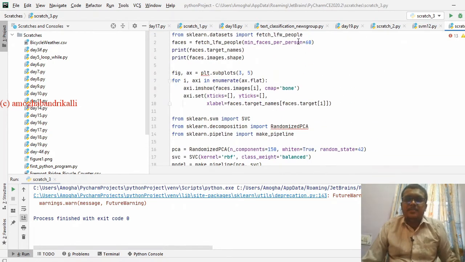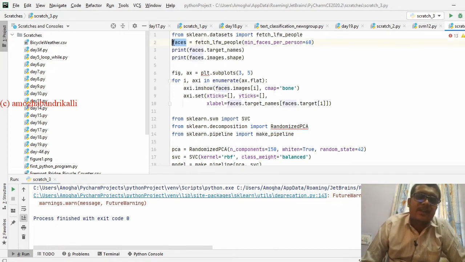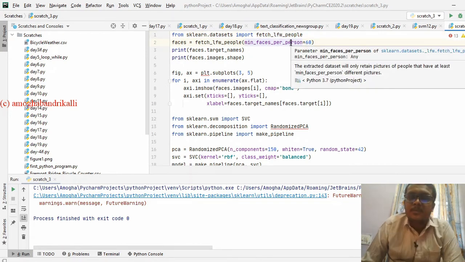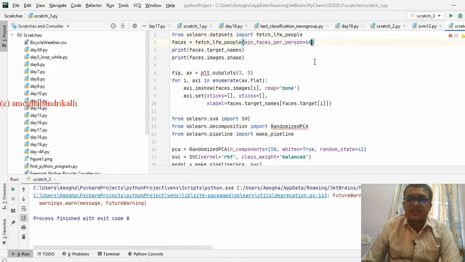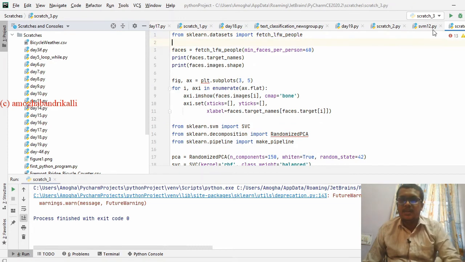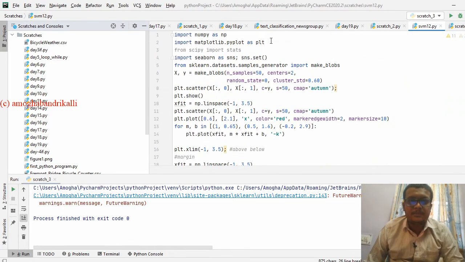Okay, let me go on explaining this. From the data set, we are fetching a data set of people. In that, we are taking faces with a minimum of 60 faces per person. You need matplotlib here.